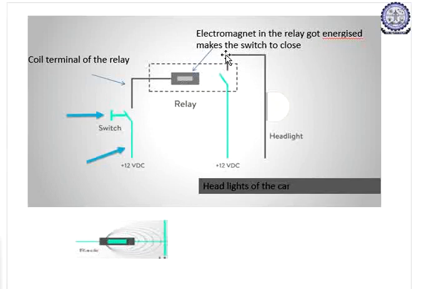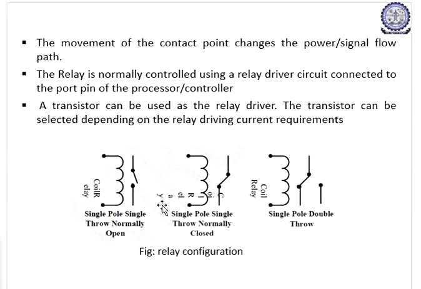There is no physical contact in between. Once the switch is on, obviously the core part of this will be energized. The armature core of this will be activated due to the electromagnetic fields. This is called electromagnetic fields. So once those electromagnetic fields are there, it makes the switch contact, so that the headlight will be glowing. I think you will come to know the clear idea.